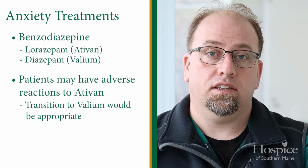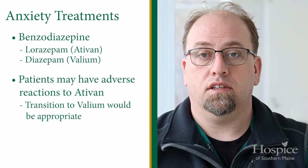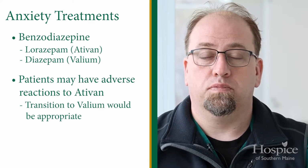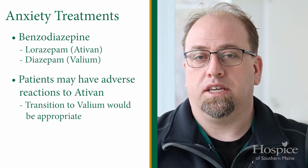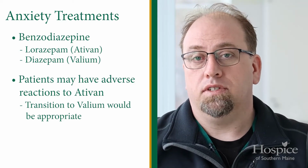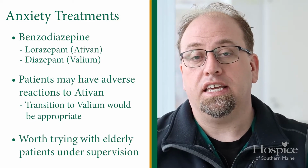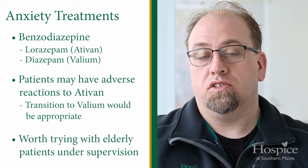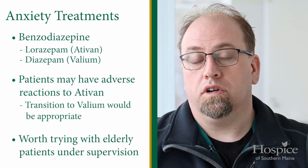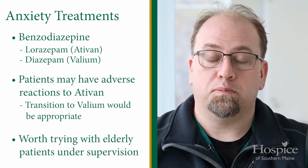There is rightly some concern about using these medications in elderly patients, especially elderly patients with dementia. It's pretty well known that this is a medication class that can exacerbate behavioral issues, but oftentimes it is worth trying that and evaluating whether or not they would tolerate it, even if perhaps in another setting in the past they had not tolerated them well, because they do work so effectively for managing anxiety, pretty much irrespective of the